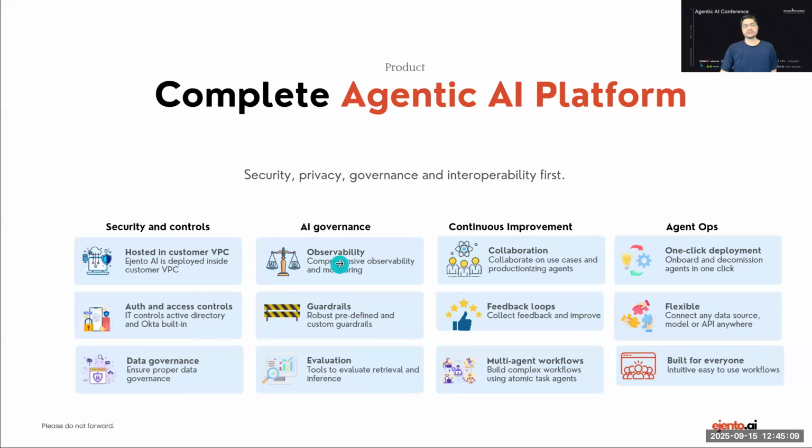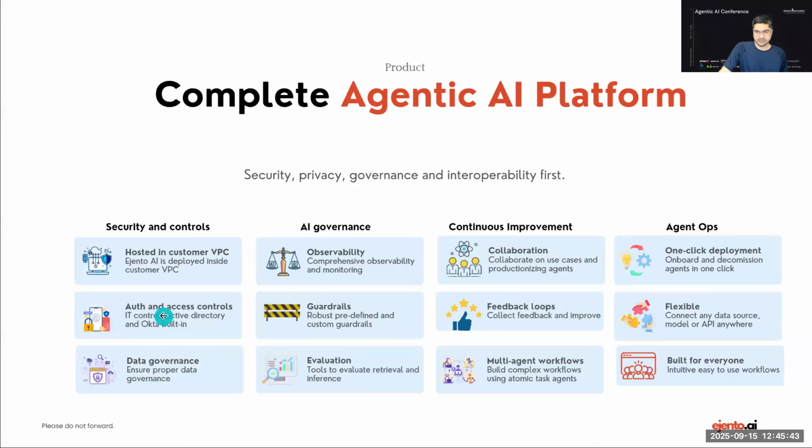So how do we handle the governance and compliance aspect and security and control aspect? Ejento actually sits within the customer cloud. Why can't I go and build the same thing using, let's say, OpenAI or Claude, ChatGPT? I can build my custom GPT models, but then I will be uploading data and giving it to a third party. Then access and auth and access controls.